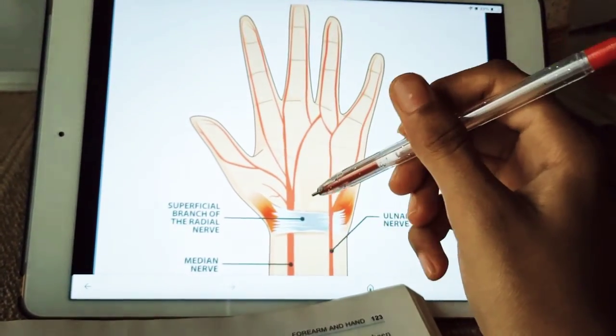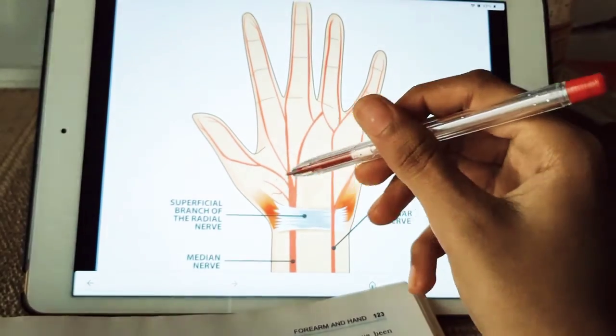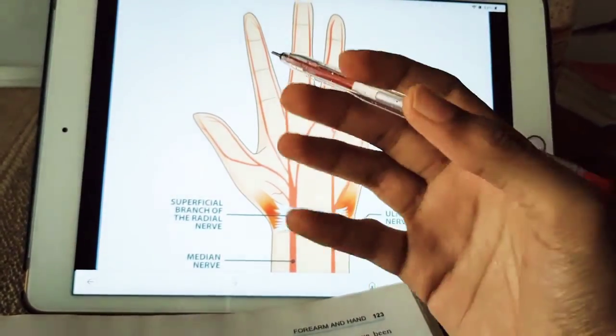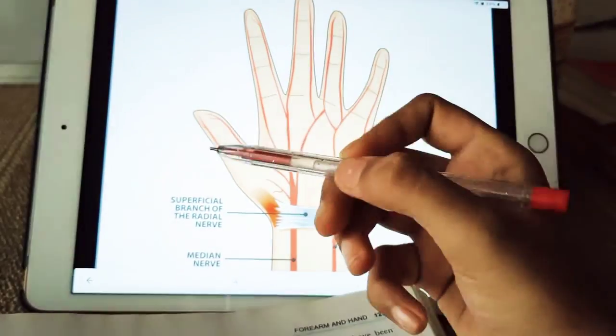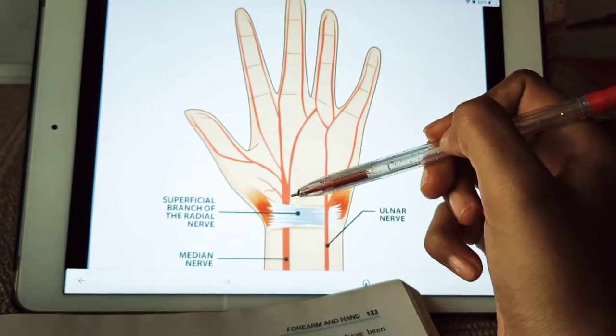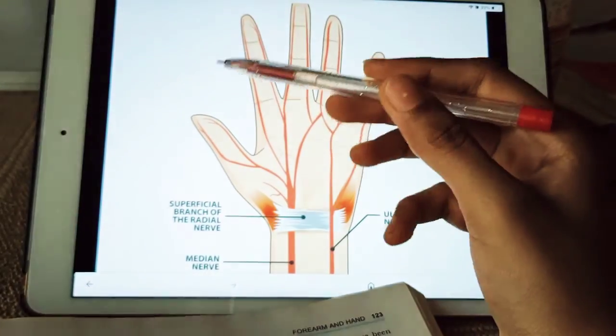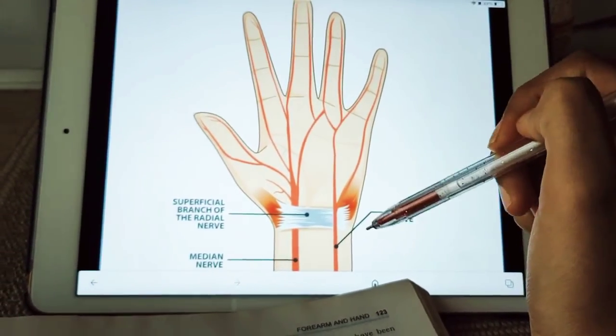The median nerve is important because of its role in controlling the movements of the thumb, which are crucial for the mechanism of grip of the hand. So to grip, first the thumb is important. So the median nerve mainly supplies the thumb. You can see it clearly, right? Because the median nerve is on the lateral side, the ulnar nerve is on the medial side.